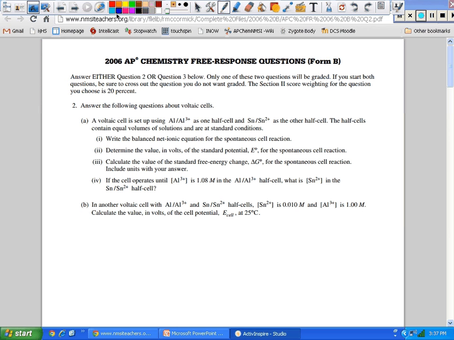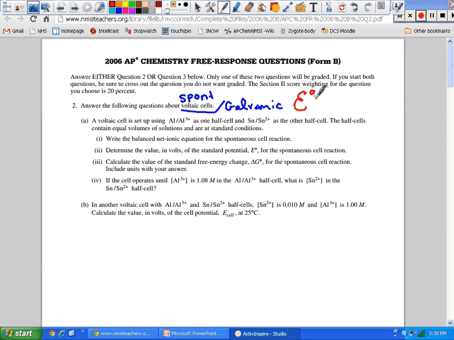Answer the following questions about a voltaic cell. Well, let's talk about what we know about voltaic. Okay, voltaic, spontaneous or non-spontaneous? Okay, this is spontaneous. Now, another word that you could have used for voltaic is galvanic, and they'll use them interchangeably, so just make sure you catch that. So, voltaic is spontaneous. Now, there's also this factor, E naught. When it's spontaneous, it's